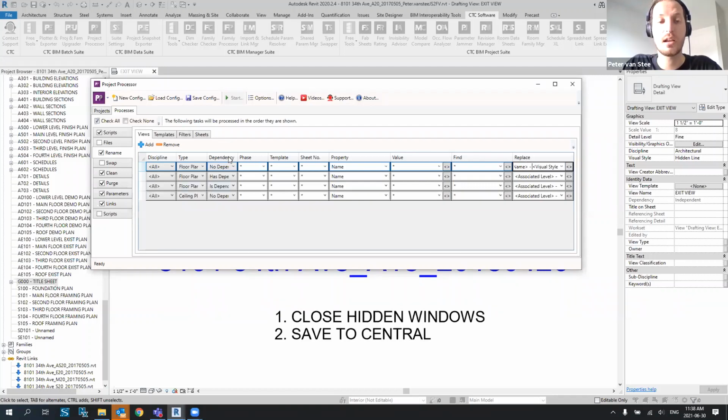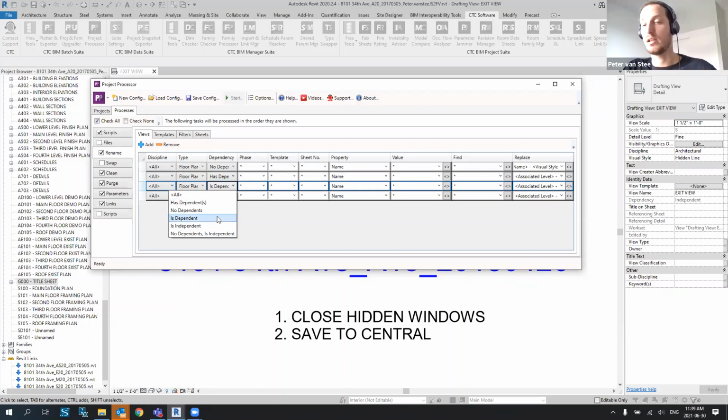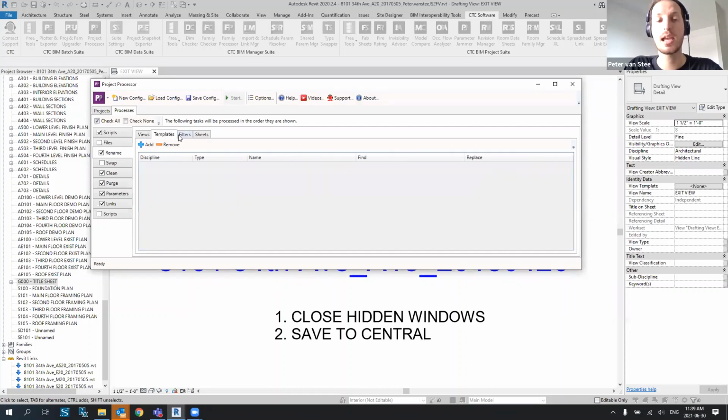So in this case, if it has no dependence, then it's doing this. If it has dependence, it's going to do something else. Or if it is a dependent, then it's going to do something else entirely. So depending on how I want to actually put those together, it actually goes through and renames a bunch of those. And again, I can do that for my templates, filters, and sheets. I can just go through and add a bunch of different things if I want to, but I'm going to